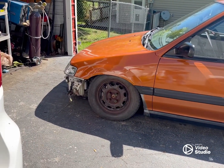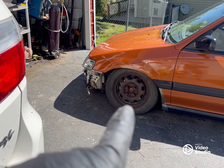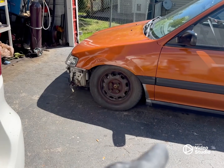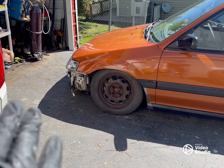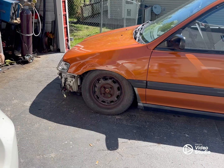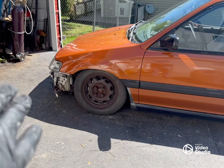But there's a little front end work that needs to be done on it. Kid hit a curb with it, knocked the camber out of it, and so we need to go get it pulled, or the caster on it, excuse me. Thank you for correcting me, Ethan. So we need to get this pulled,